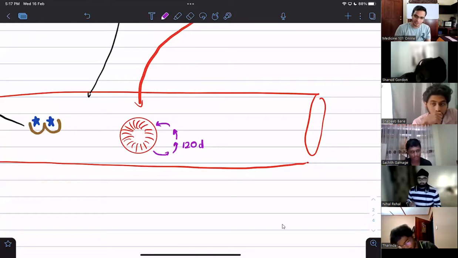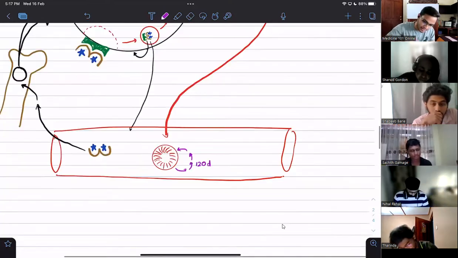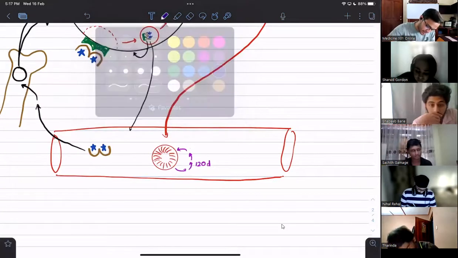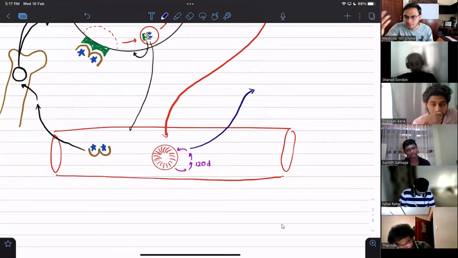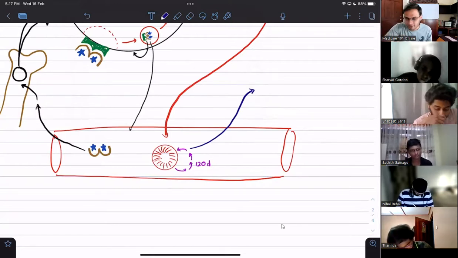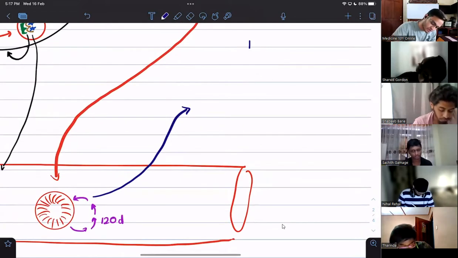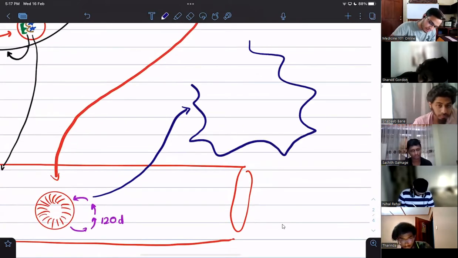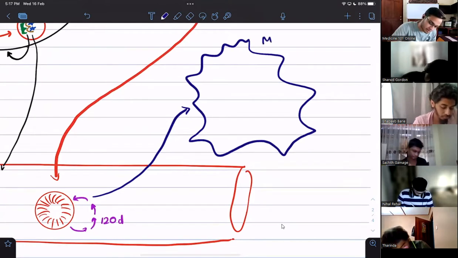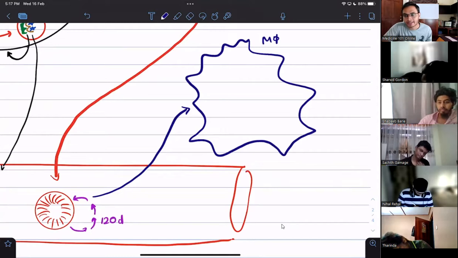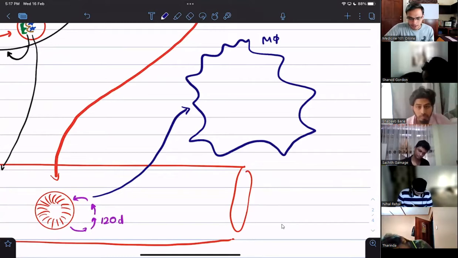So they need to be destroyed. That is exactly what is going to happen. They will be taken up especially by our spleen, right? The macrophages in our spleen and some macrophages in our hepatocytes and other reticuloendothelial cells, right? So we will draw a large macrophage here. They will be taken up by macrophages to be destroyed at the end of their lifespan.